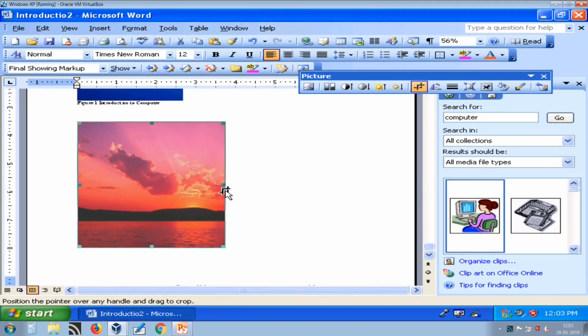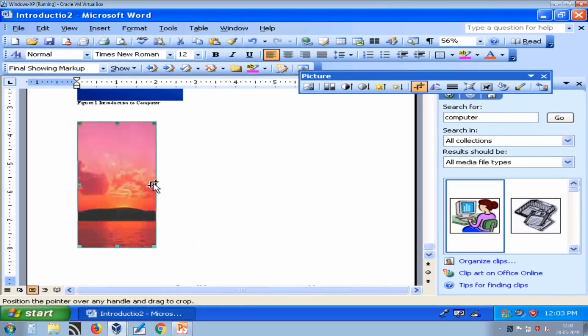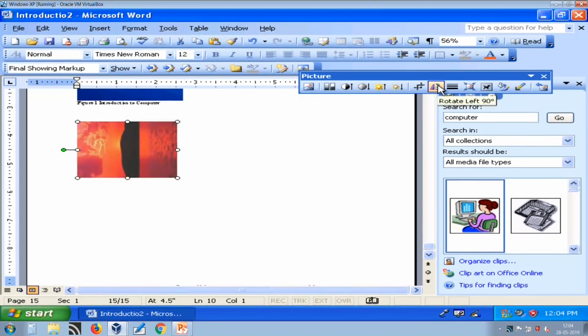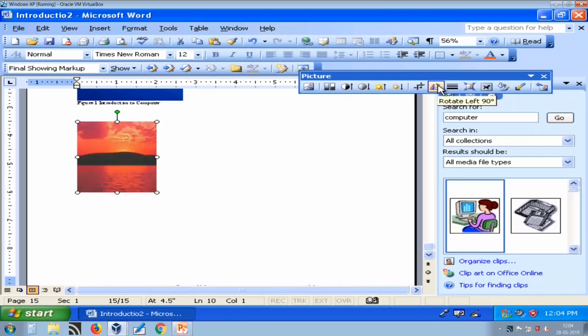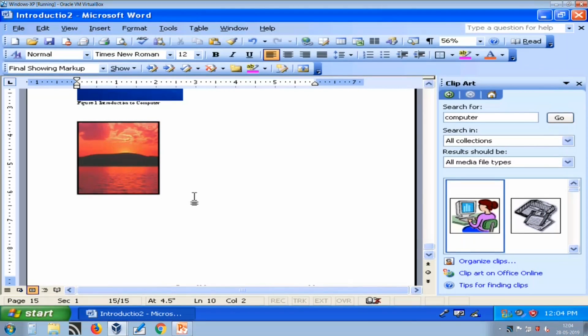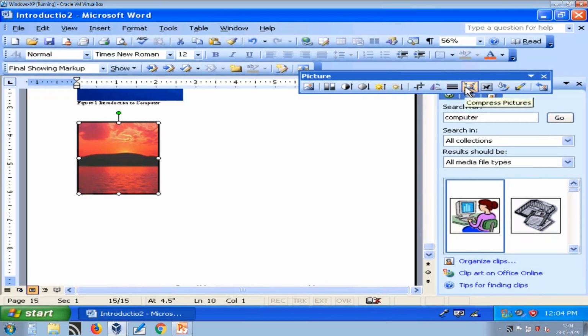So I can crop or remove certain part of picture using crop tool. So I just want to show sun rising, so I can crop remaining parts. Similarly, I can rotate my picture in clockwise direction, and I can provide different line borders to my picture.